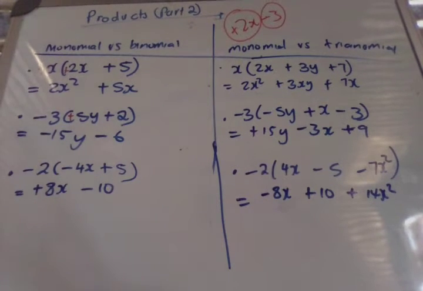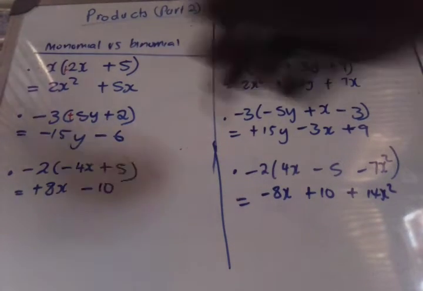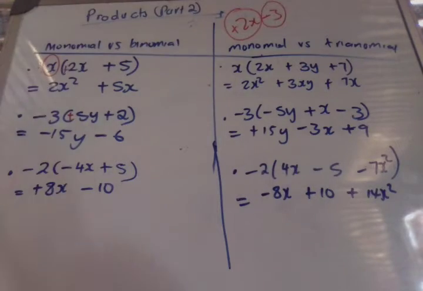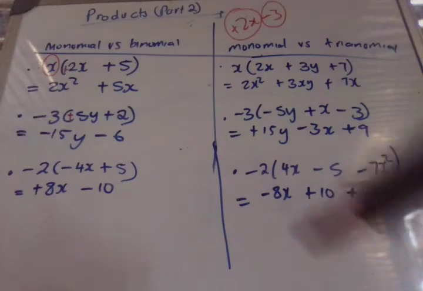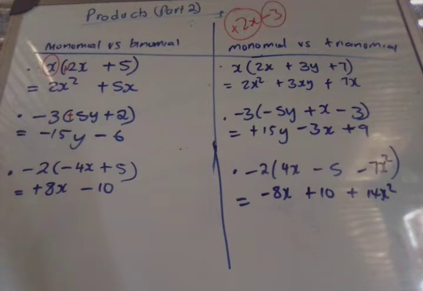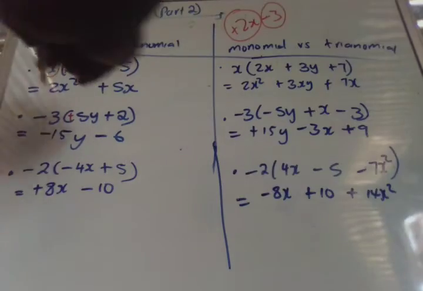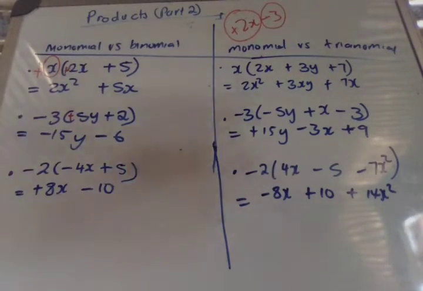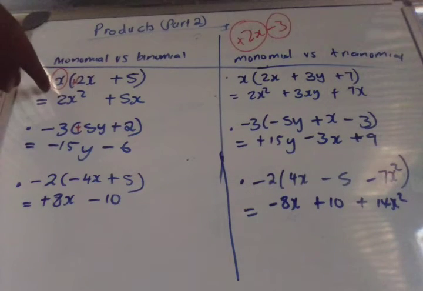We're going to first focus on the monomial versus the binomial. Our main aim is to multiply the monomial, which is the outer part, with all the terms, so with this part and that part. We first look at the sign. Like we just said, if there is no sign in front of a variable or a number, we just assume it's positive. So in front of the x there's no sign, so we'll put positive, because that's what it's supposed to be. So we say positive x times